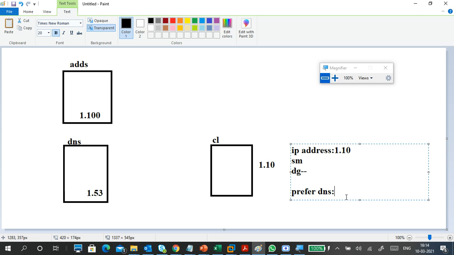What IP should I give? Guys, what IP should I give? Answer.